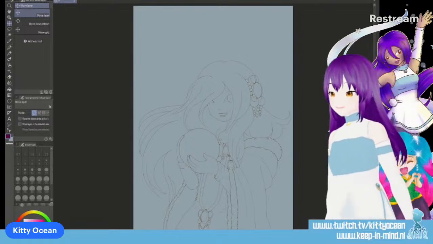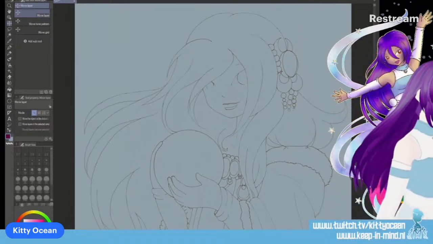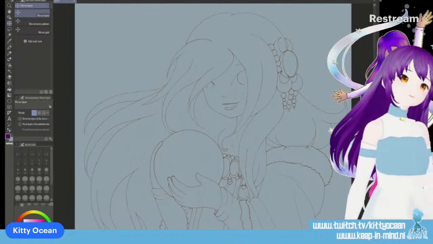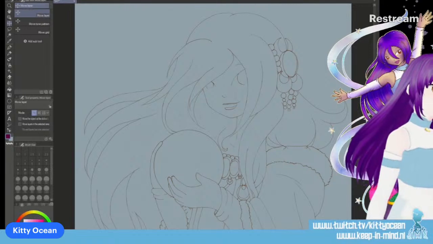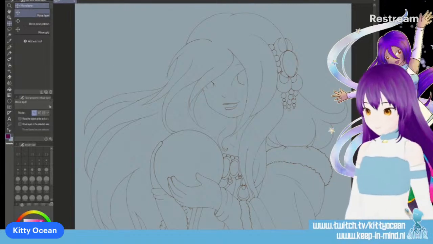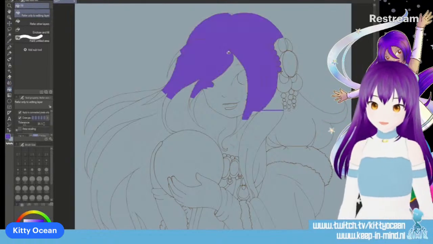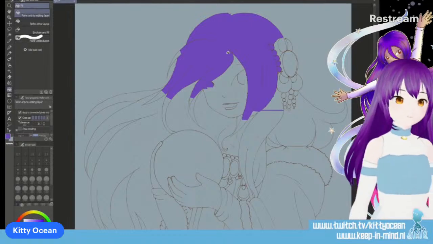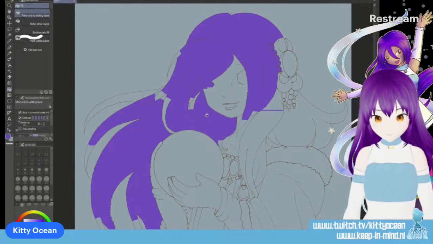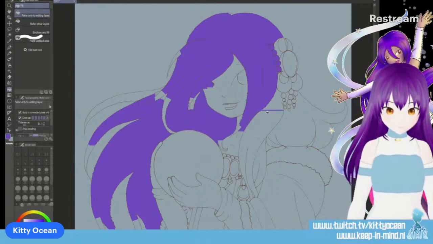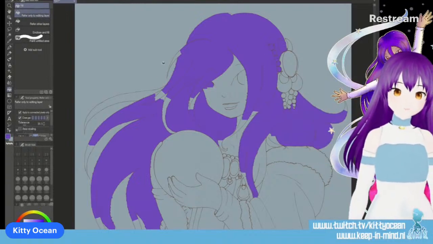Now, let's begin. First thing I'm going to do is create a folder for hair. And I'm going to make this a reference layer because that makes it easier. If I recall well. And yes, I need to delete some things outside.